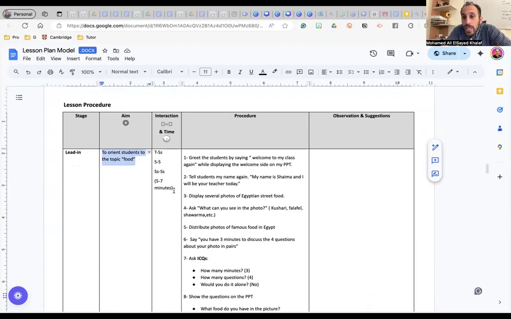So you can use ChatGPT on a very limited scale and make sure you revise the answers. References will help you more than ChatGPT. So the time she allocated to the lead-in was 5 to 7 minutes.